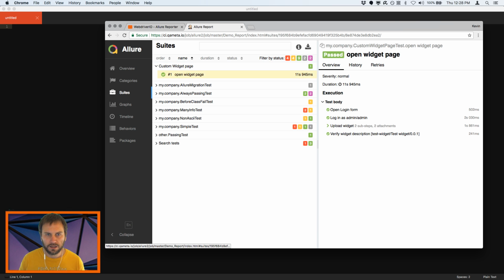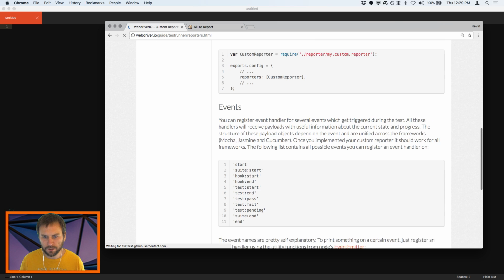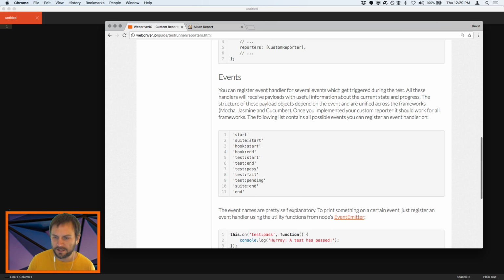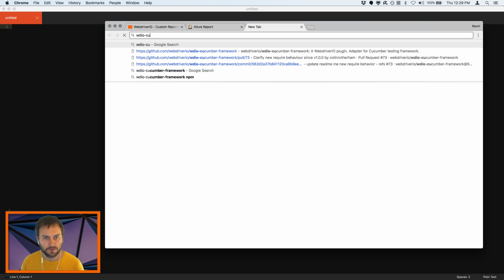I think that's it. And where it's reporting steps, something isn't quite matching up there. So what I wanted to do today is take a look at whether we can adjust that in the Allure framework. The way that the reporters work, and we'll jump over to under test runner, if you go to custom reporter, you have these events that you can trigger, and it'll let you know when your test has started, if your test has ended, when your test has passed, things like that. And then you've got a suite start, and suite end, test start, test end, things like that. I already mentioned that. And so if we go into the Cucumber framework, which would be the WebdriverIO Cucumber framework,